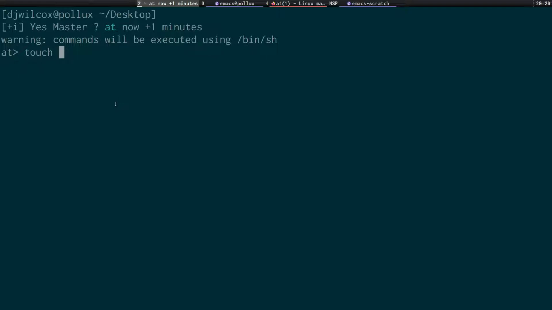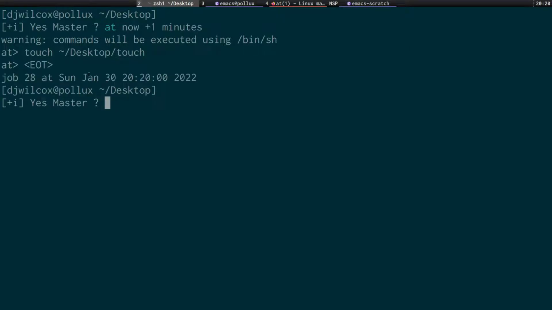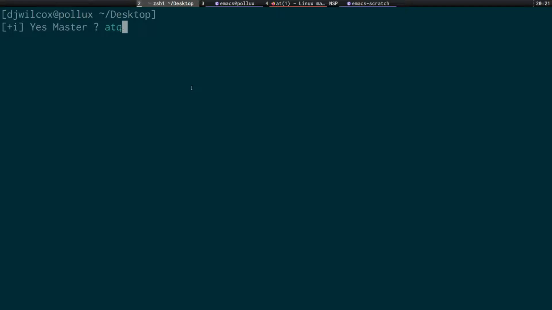What I'm going to do is just use the touch command to create a file on the desktop. Now I'm going to press return, and you see it gives me another line here, and what you need to do is press Control D, and that's going to return you to your regular prompt. Pressing Control D basically says I've finished writing the command I want, and I want to return to the regular prompt. You'll see it gives me a time when this is going to be executed, and if I run atq,